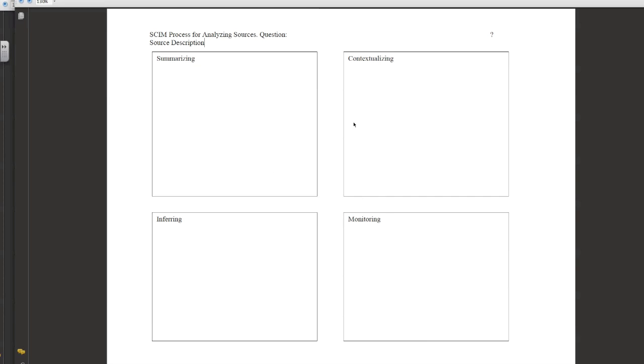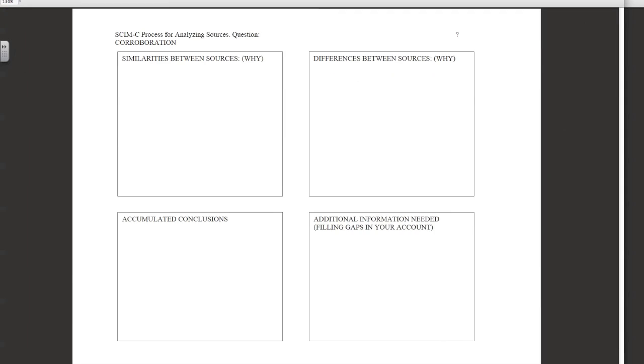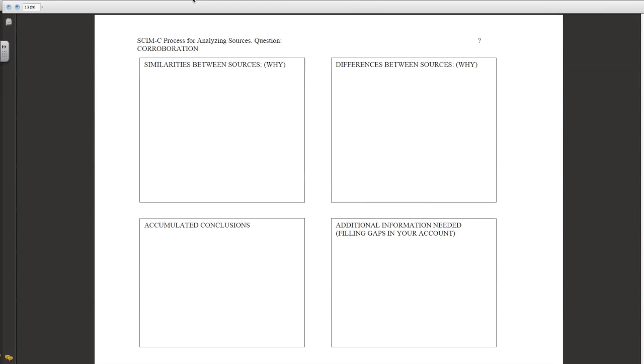So what this allows you to do is give you a chance to really flesh out each individual source. Imagine that you have sheets of individual students working on individual sources and their analysis around the room, or one student working on multiple sources and he's got each of these different sheets of paper with individual sources. At that stage, he then is ready to move into the corroboration phase, where he now starts to